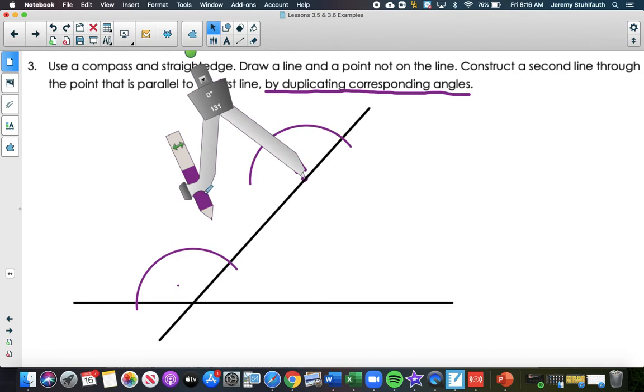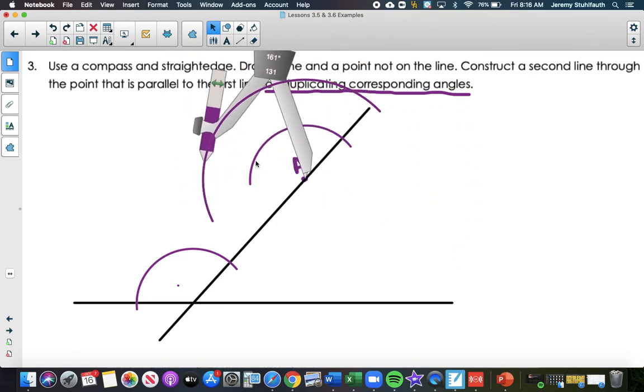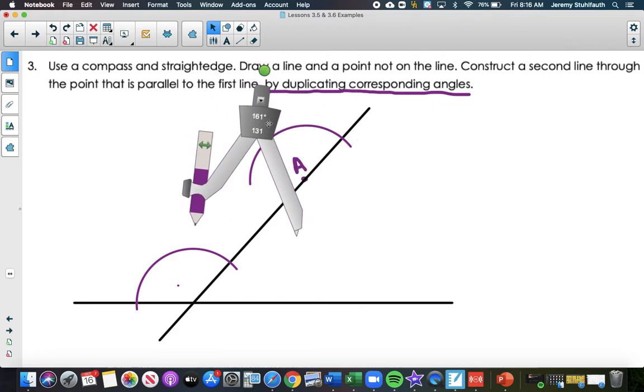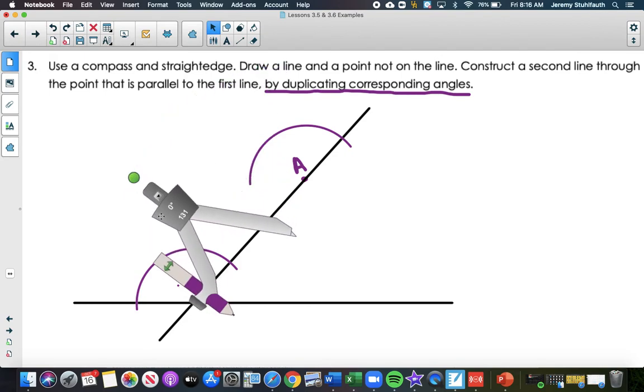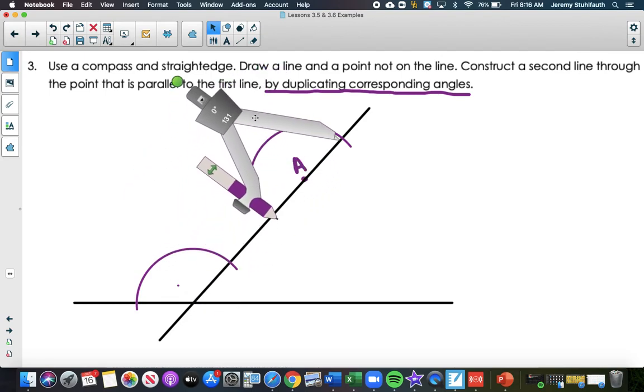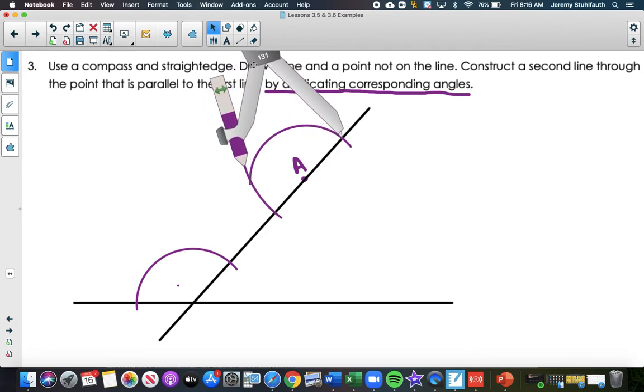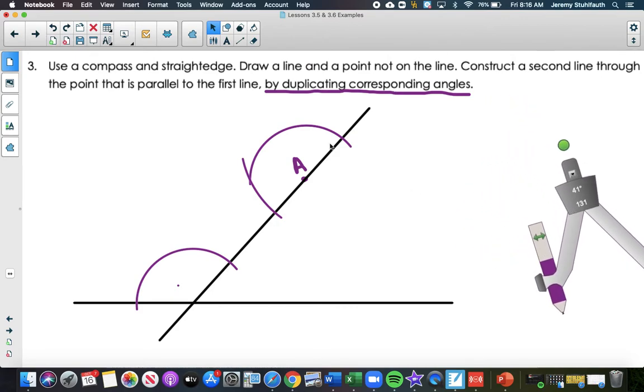Actually, it doesn't really matter. We'll draw our, oops, yes it does. We actually need to put our pointy end on this intersection right here, because the first time we put it on point A. So now we're going to take our compass and draw, and you can see where those two arcs intersect. Okay, so now that we have those two arcs intersecting right there and this point,